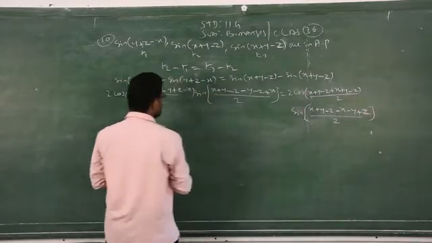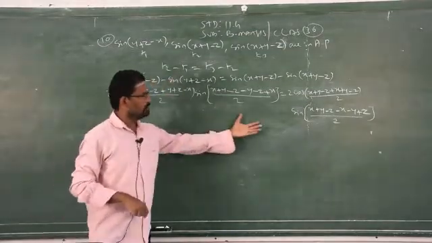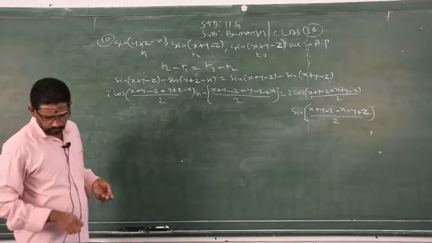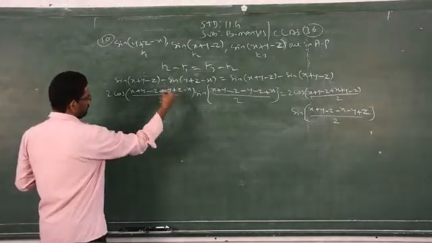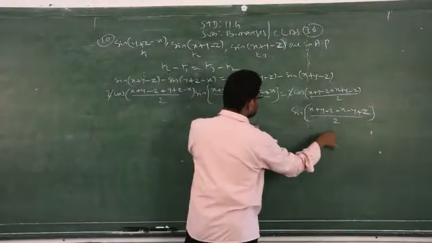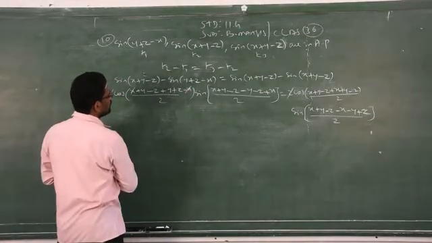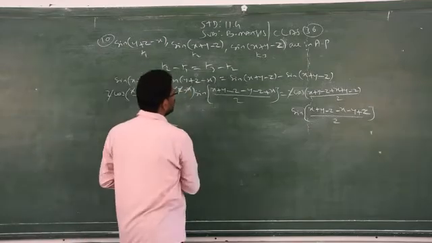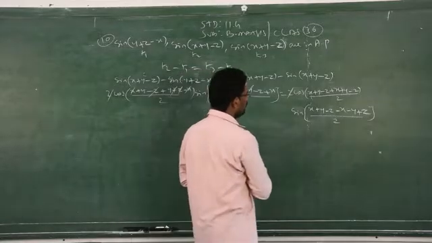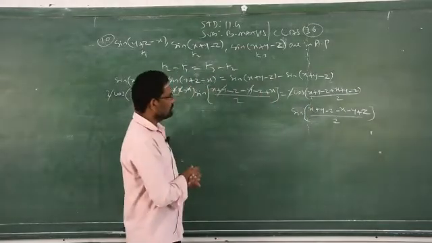Just I am applying this sin C minus sin D formula on both sides. This you know already. Just you have to apply it. After simplification of everything, 2 gets eliminated on both sides. You don't cancel these two because of these two, that is not allowed. Just simplify: minus x plus x gets cancelled. Then what about this side? Plus x, so minus, these two get eliminated. Is there any possibility of cancelling this one?